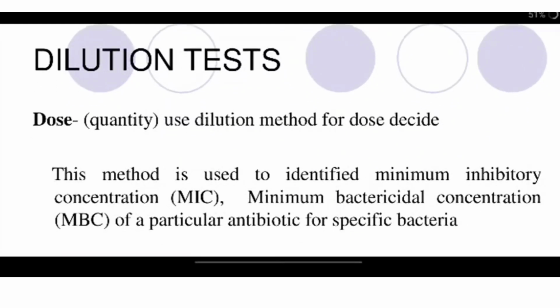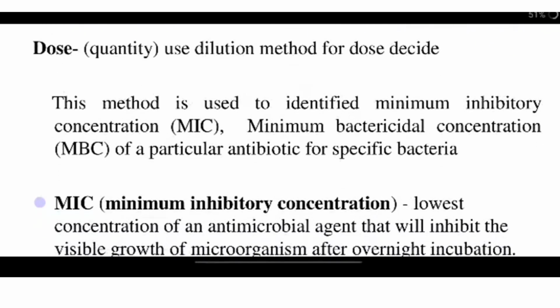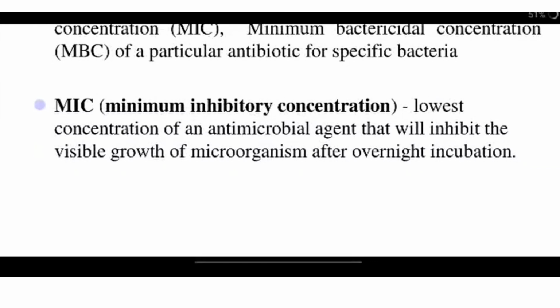So next is the dilution test. The dilution test is used for deciding the dose. This method is used to identify the minimum inhibitory concentration (MIC) and minimum bactericidal concentration (MBC) of a particular antibiotic for a specific bacteria. The minimum inhibitory concentration is the lowest concentration of an antibiotic agent that will inhibit the visible growth of microorganisms